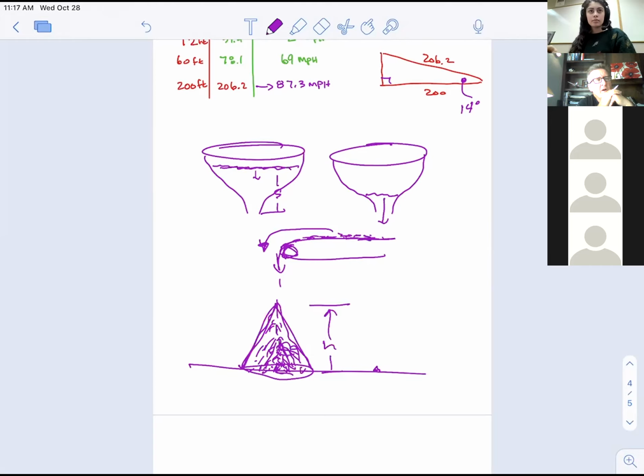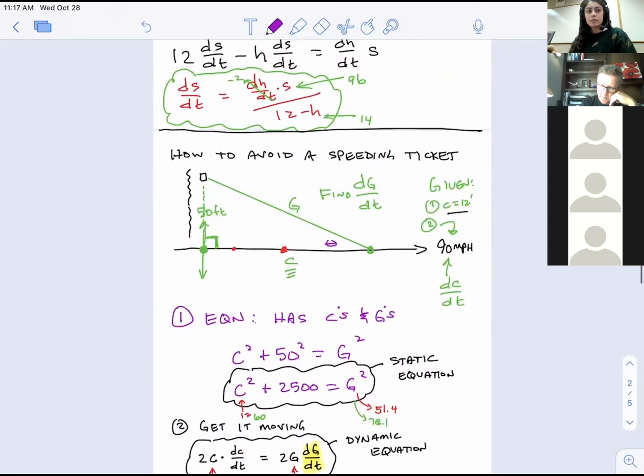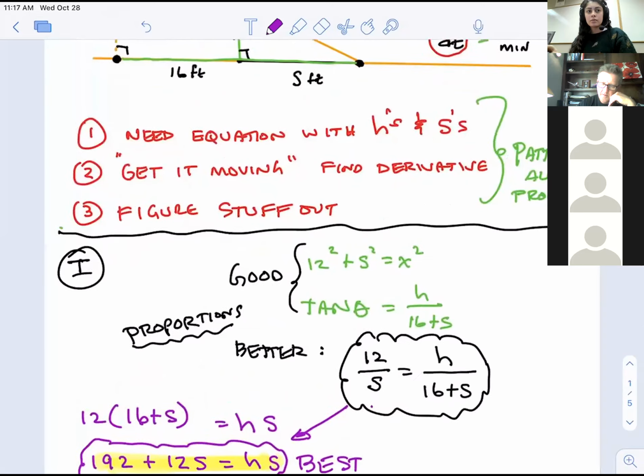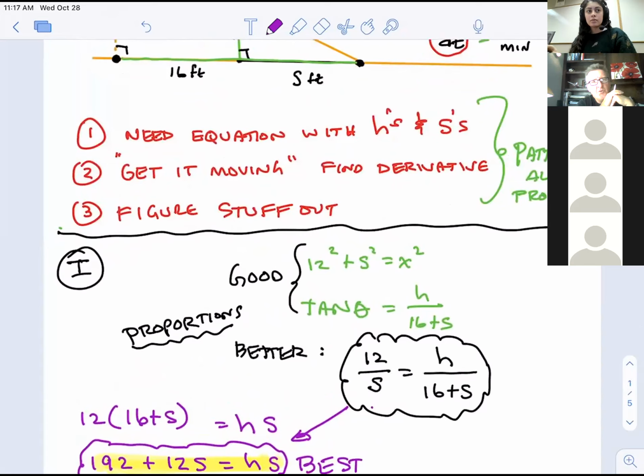And so anyway, where are we? Tomorrow we're going to practice this a little bit more. Ultimately, what I'd like you to get down in your mind is these three things that you have to do. This is how all these problems are the same. I hate to use the word steps, but the process is the same for every type of problem. And then Monday we're reviewing for a test, and then Tuesday we're taking a test over the last half of chapter 3.